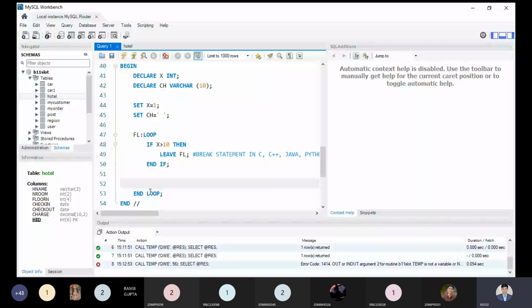Now let us increment the x value. X is equal to x plus 1. After incrementing the x value, let us check another condition. If x mod 2, then what should happen? This is the big question.